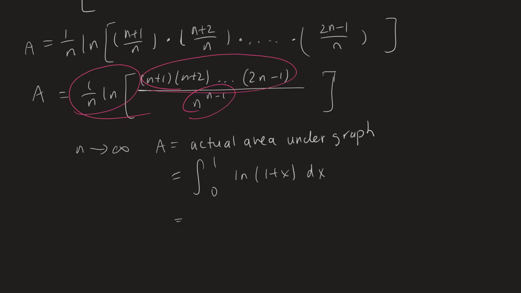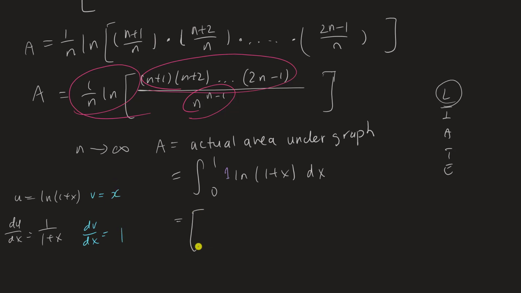This is still not easy because we have to add a 1 here and do it by parts, but at least it's not that bad. According to the LIATE rule, we should let logarithms be u. So here, u is your ln(1 + x). Your du/dx would therefore be 1 over (1 + x). And your dv/dx and your v will respectively be 1 and just x. So go ahead: uv